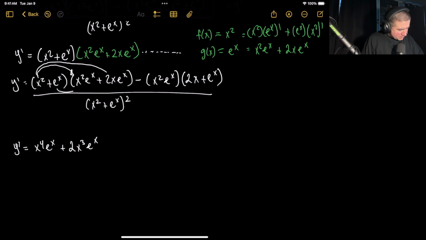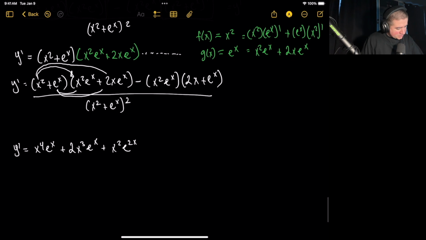Now we're going to multiply the e to the x here. That's going to be plus. Good thing there's no negative too. We now have e to the x times x squared times e to the x, which is going to be x squared e to the power of 2x, and then e to the x times 2x times e to the x. That's going to be plus 2x e to the 2x, and then we will have to do the same with